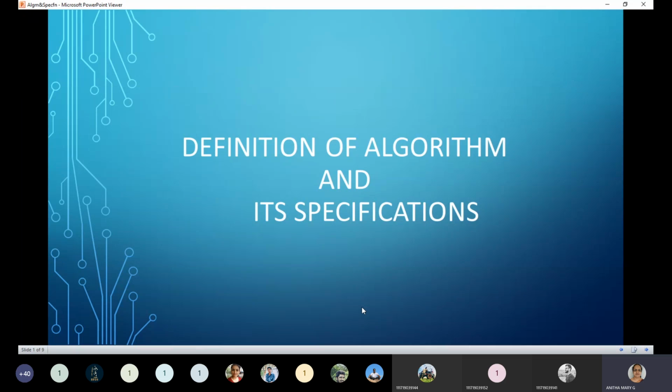Is it visible now, the PPT? Yes, ma'am. Okay, so let's start with the class. So unit 1 starts with the definition of an algorithm. So today we'll be learning about these two topics. We just follow the mouse cursor on the screen. So definition of algorithm is the first topic what we are going to learn, and algorithm specifications. Okay, so these are the two topics what I want to cover in today's class.